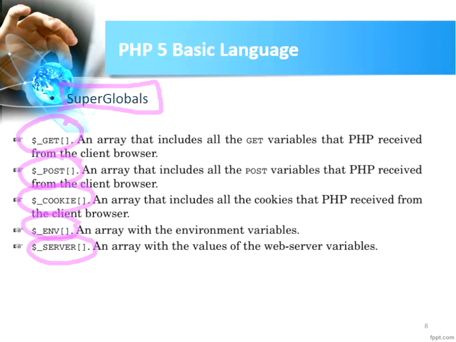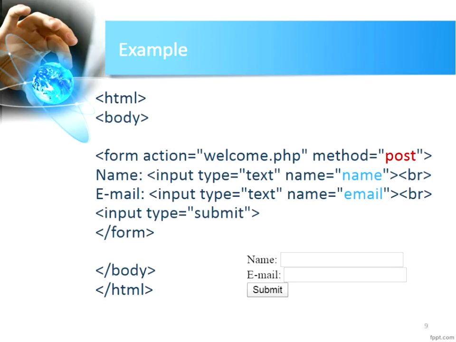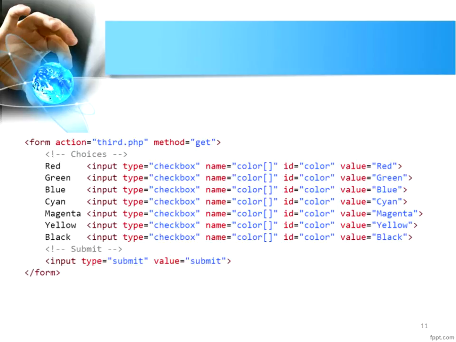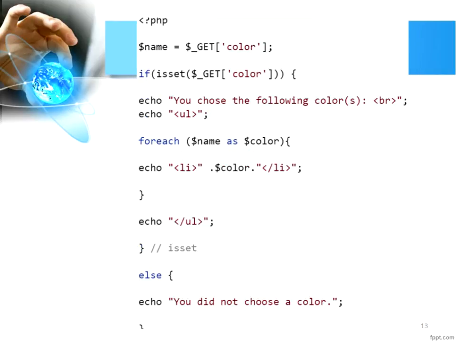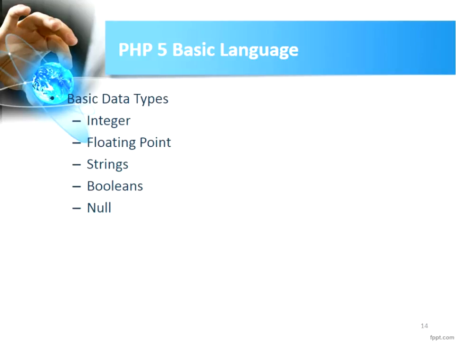So 5 superglobals are provided by PHP, and for example, $_GET represents an array that includes all the GET variables that PHP received from the client browser. We saw some examples together,